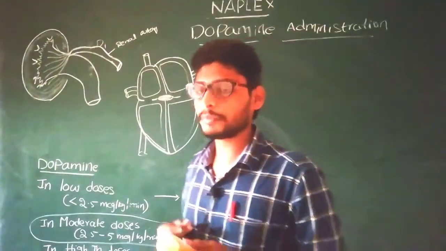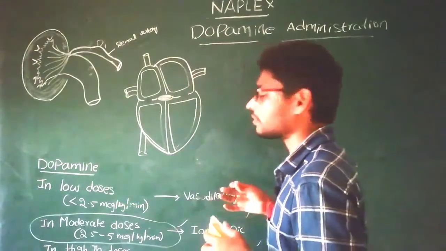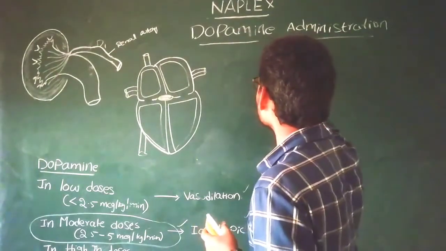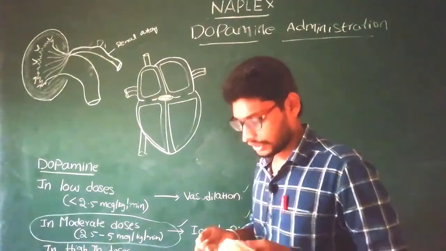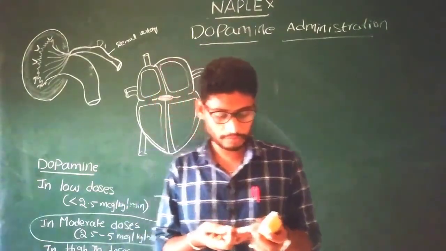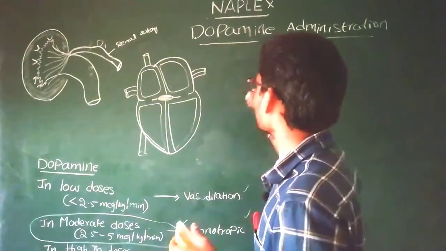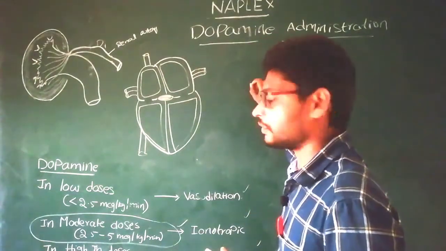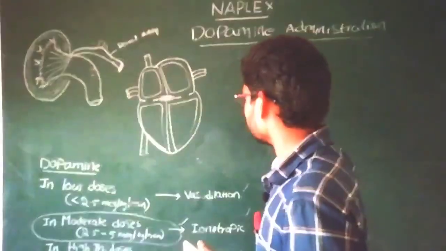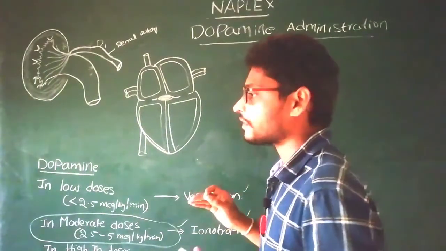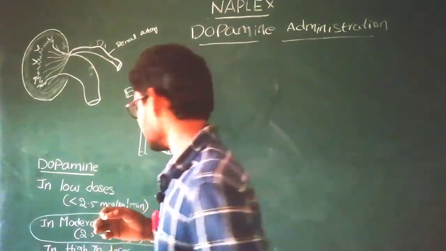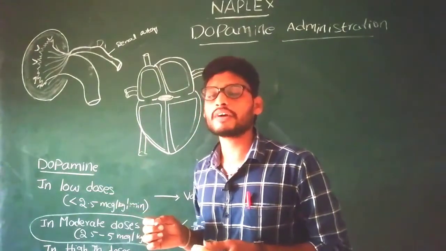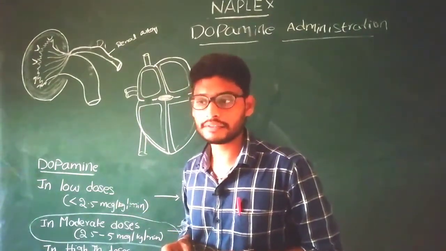How to dilute this dopamine and how to set the rate of dopamine for treating persistent hypotension? Here we have the infusion pump. In the emergency departments we have the infusion pump, so by using the infusion meter we can set the precise rate. We have to dilute the dopamine available in the market using either 0.9% normal saline, 5% dextrose, or Ringer lactate solution.